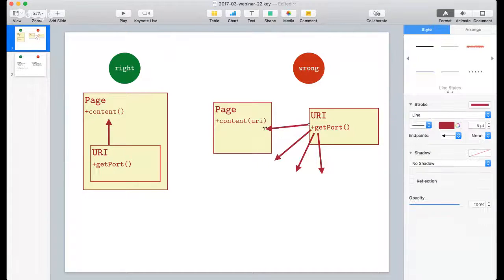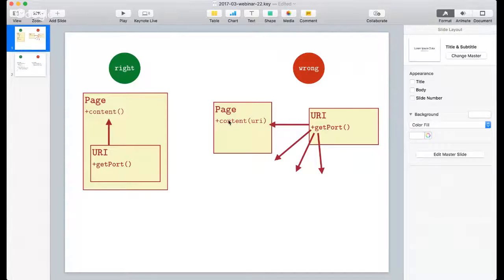So let's say they stay on the same level, and then in the class page, you have the method content, and you provide the URI, and then you get the HTML from this method content.